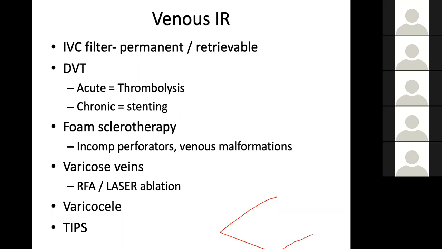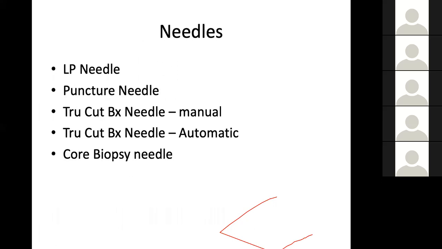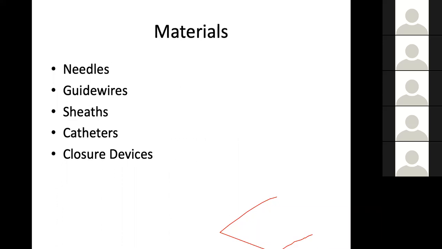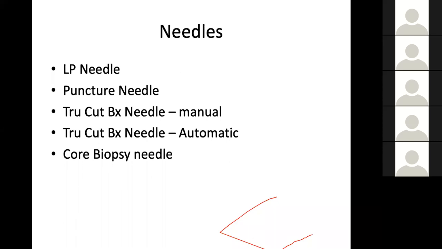Now, if we talk about materials, the bare minimum that we should know is the needles, the guide wires, the sheaths, the catheters, maybe the closure devices, and a few more things as we go down. As far as needles are concerned,